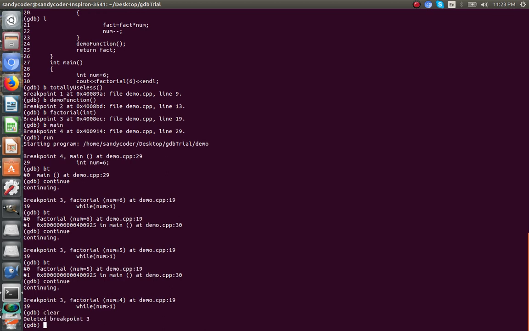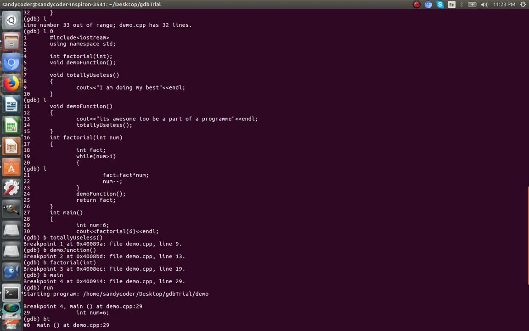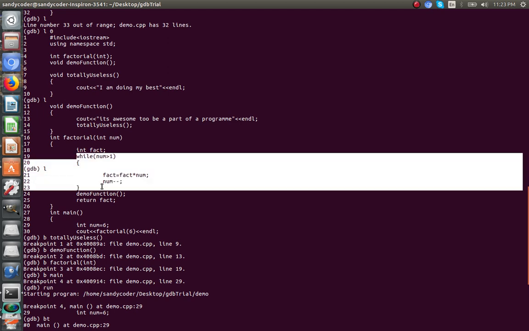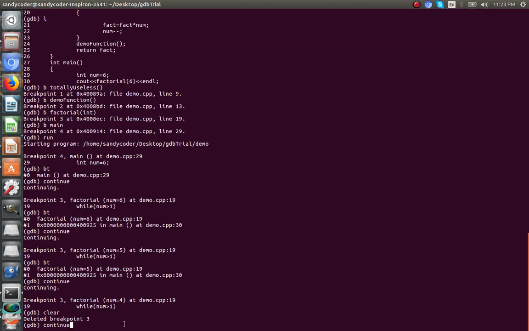Clear, deleted breakpoint 3, great. Continue. So here you did see an example of clear. I just wrote clear and we deleted breakpoint 3. That was at line 19, and here is line 19. Continue,